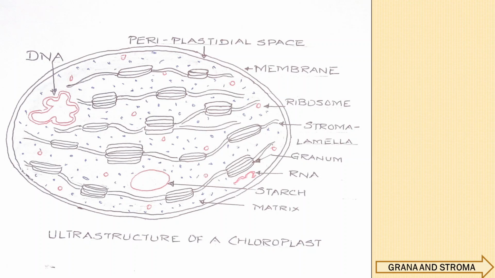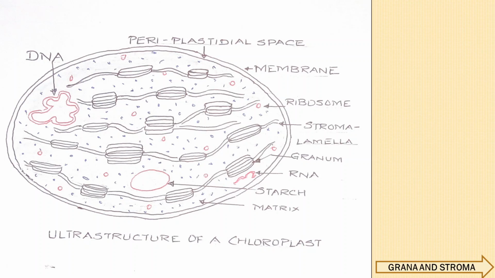You can see a double membrane bound structure. The outer and inner membrane is collectively called peristromium. Each membrane of the chloroplast is trilaminar and lipoproteinous. Both the membranes are separated from one another by a fluid-filled space known as the periplastidial space. The inner contents of the chloroplast are composed of the matrix or stroma and the grana.